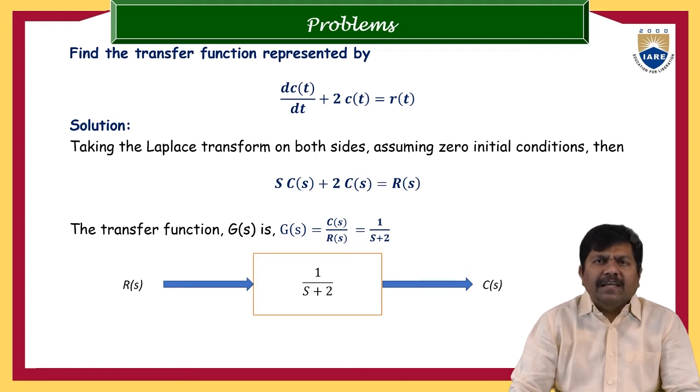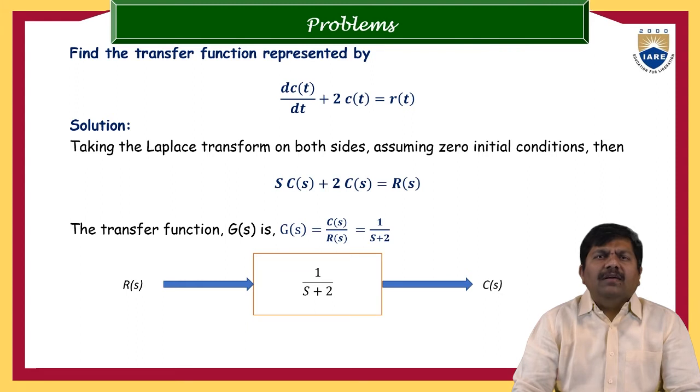And if you rearrange that equation such that it is the Laplace transform of output to the Laplace transform of input, straight away we can write down the relation between the two functions in the Laplace domain. So for this particular problem, R of S is marked as input, which was shown as the signal on the left side of that particular block, and C of S is the output signal or output quantity, which was marked on the right side of that particular block.